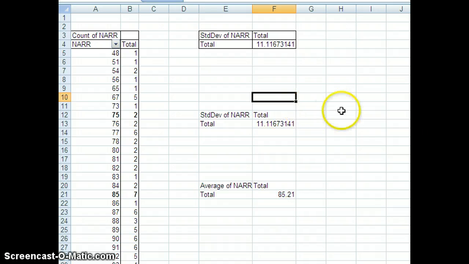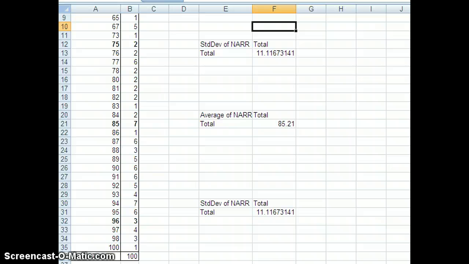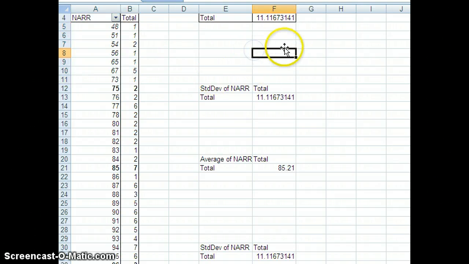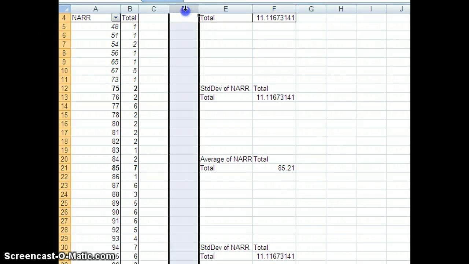Because what that's going to tell me is I have a nice visual demonstration here, and that tells me that these guys down here below a score of 75 have pretty low scores. So that would be a quick and dirty way for me to get a quick idea of who are the guys who are far enough below the rest of the students in this class that I've got to pay special attention to them. So there's a quick demonstration of the use of pivot table with the idea of the frequency